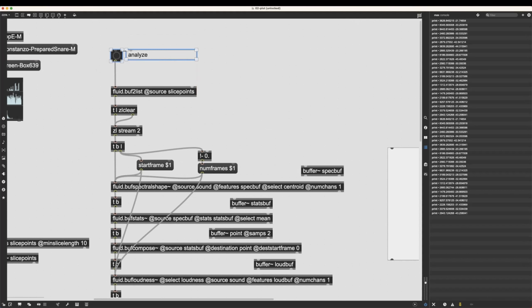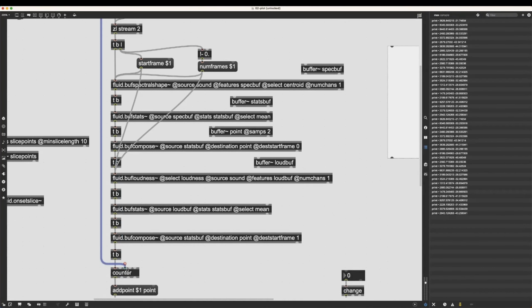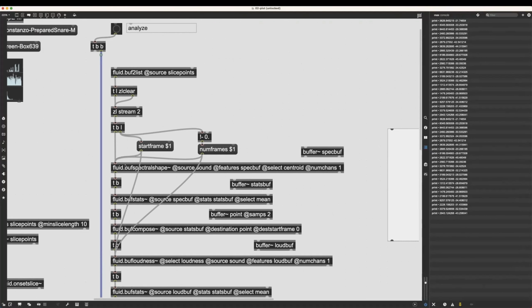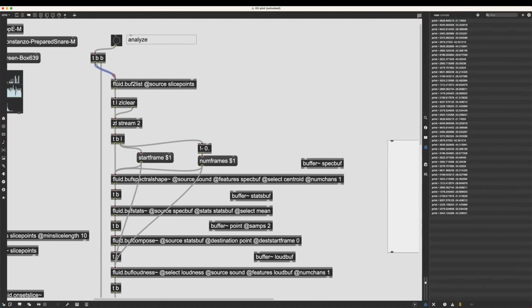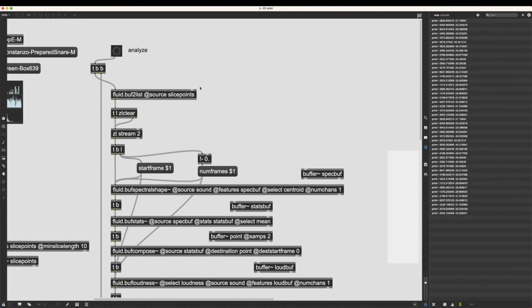So there's a couple different ways we could get around that. I think I might do it a different way in the patch that I uploaded, but this is maybe a clearer way. I'm going to take this bang that is my analyze button and first send it down here to the middle inlet of the counter. If it receives a bang, it'll reset, so that the next time the counter receives a bang, it'll output a 0. So first do that, and then go ahead and do the analysis. That'll make sure my counter starts at 0. Now if I hit the analyze button,